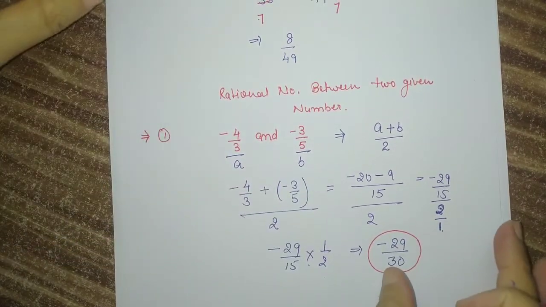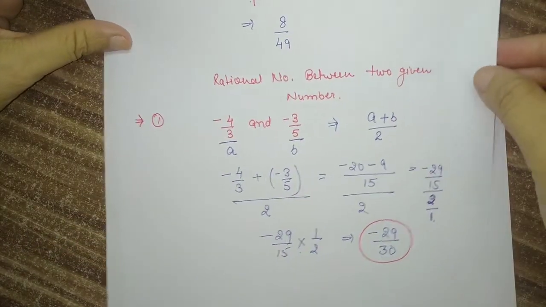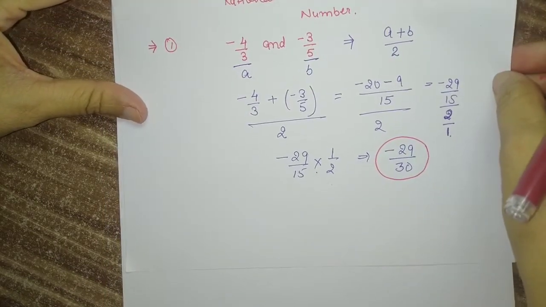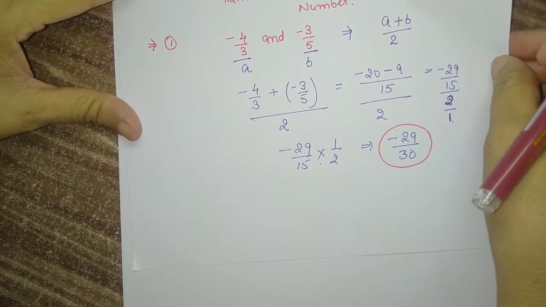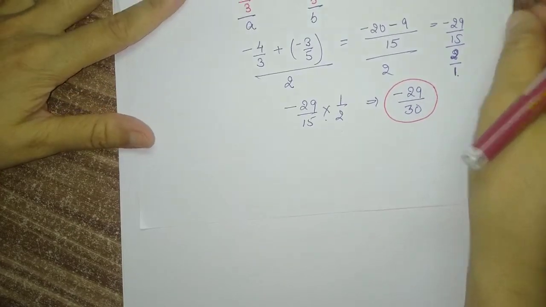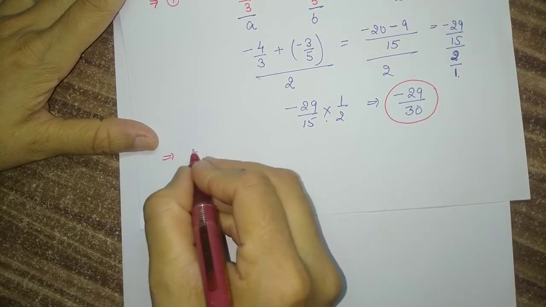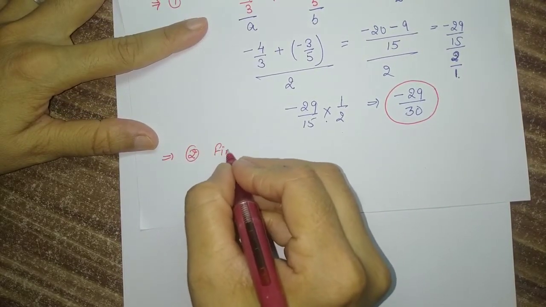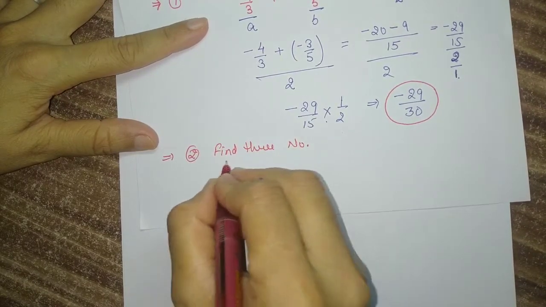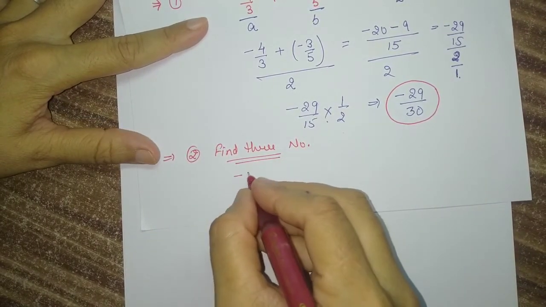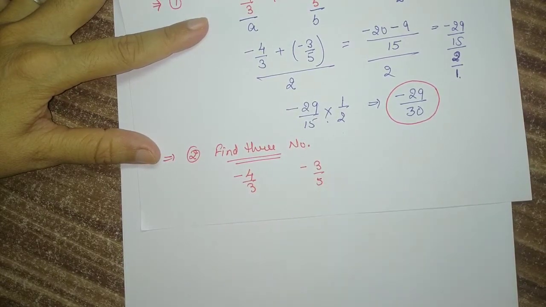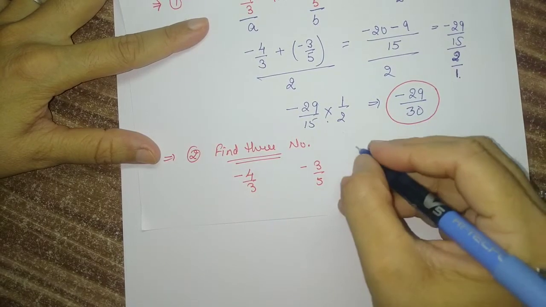Okay. Now if the question arises that you have to find more rational numbers, like 2, 3, 4, 5 between the given numbers, in that case which method do we apply? If they ask to find 3 rational numbers between the given numbers, the numbers are minus 4 by 3 and minus 3 by 5. So students, here we follow some steps. Step 1,